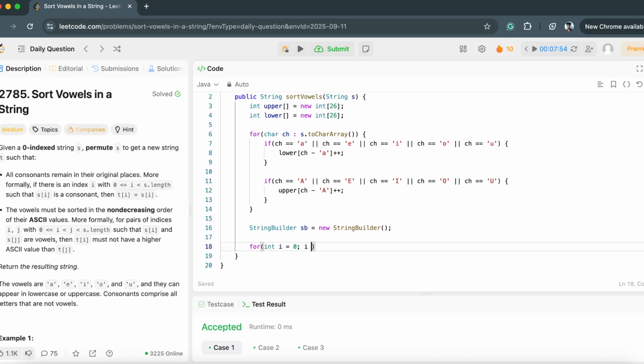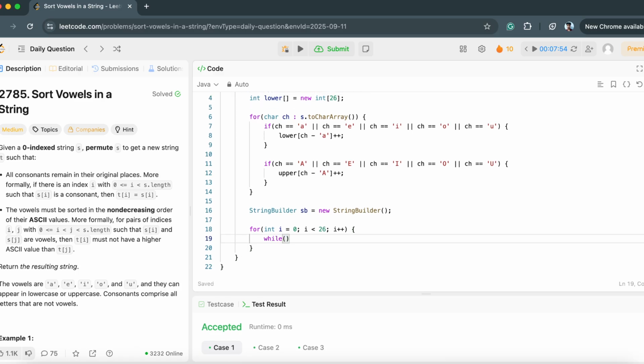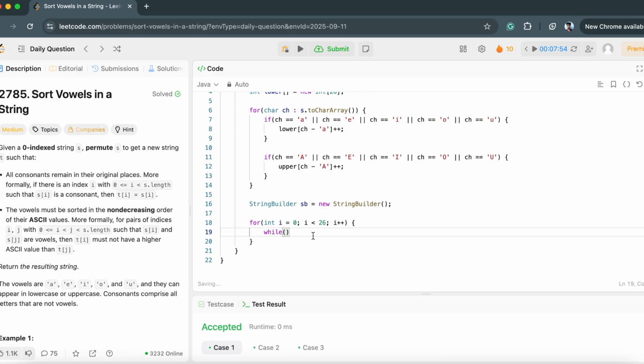int i equals 0, i less than 26, i plus plus. We have to use a while loop right here. At that point in time, if any particular index's frequency is greater than 0, we have to keep on collecting that character and dump it into this string builder sb. So we'll check whatever the i index that we have, while the upper of this i